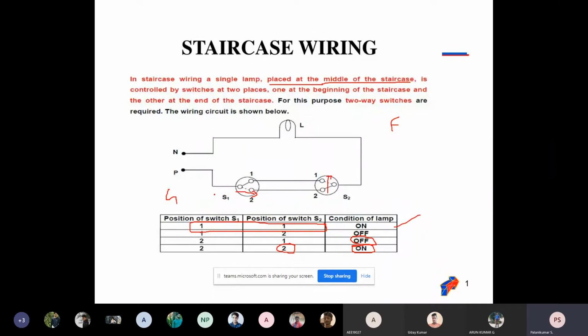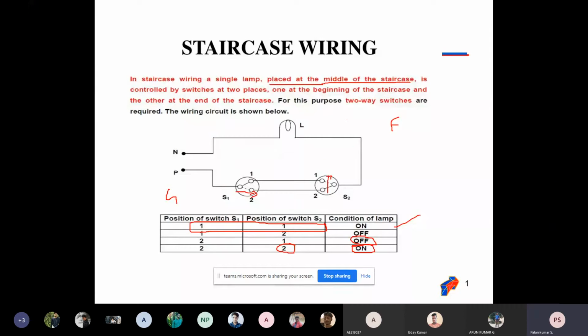One is that the input sequence continuously changes from S1 to S2. And another one is also possible. So the sequence is swinging between S1 to S2, S2 to S1. That is nothing but if one person goes to the floor above and the same person returns back, it means S1 to S2, S2 to S1. But continuously persons are moving from one floor to another floor, with frequent intervals of time.